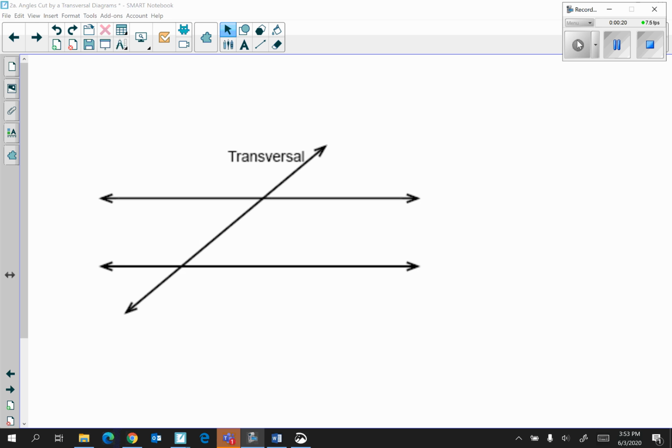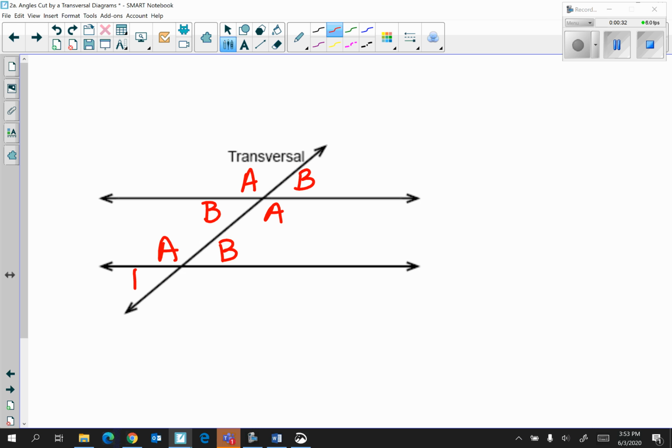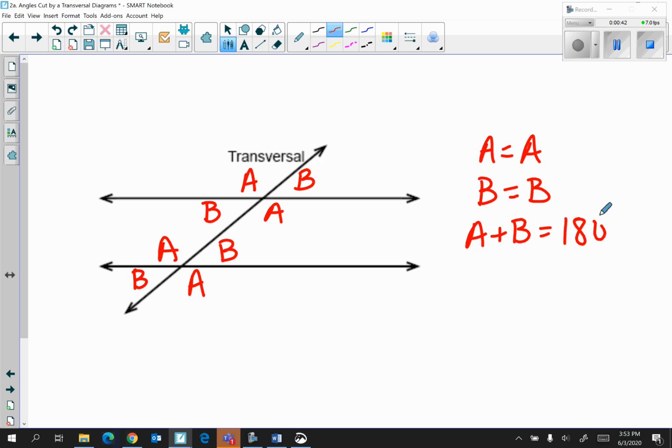First, let's recall our AB pattern for when two parallel lines are cut by a transversal. AB, BA, AB, BA. Remember, A is equal to A, B is equal to B, and A plus B is equal to 180 degrees. Now also, when it comes to alternate interior angles, we always want to look for a